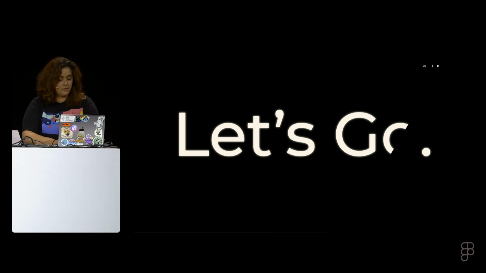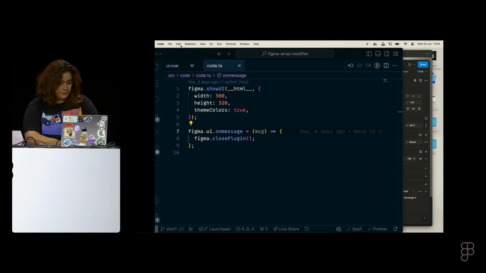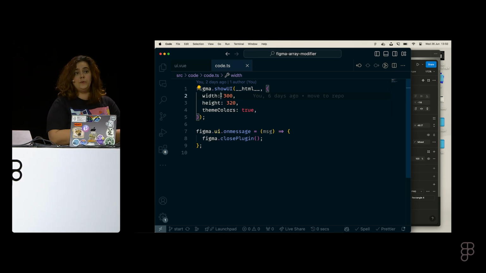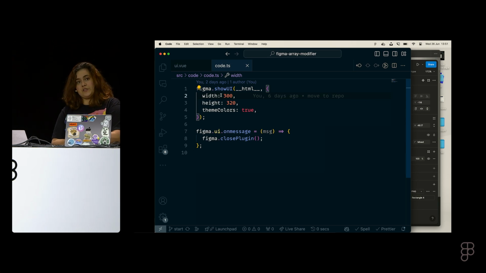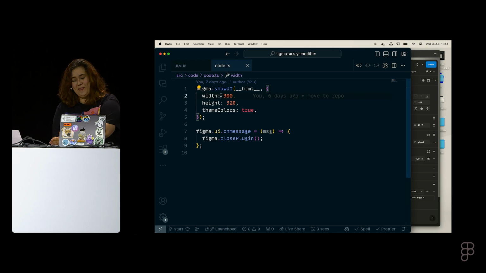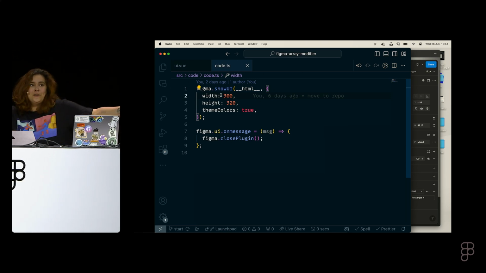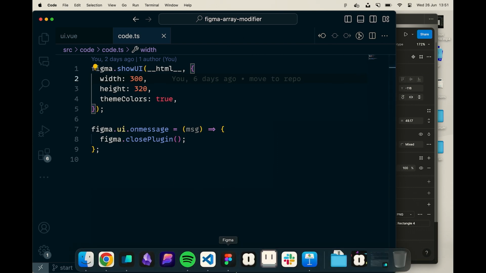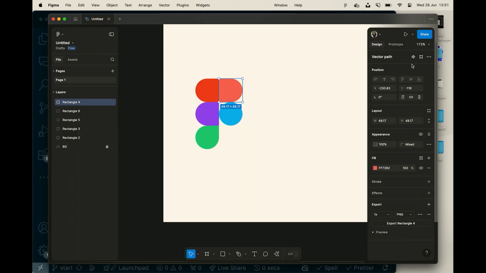Okay, so let's go, let's do this. There is a thing here that goes against me, that's cool. Okay, so, one thing that you should know is you need the desktop app of Figma to be able to do plugins. Another thing you should know is that my Figma updated to the new UI version this morning. So, you get to see all of its glory. Isn't this a great day? Okay, so we're gonna be, first of all, I'm gonna teach you how to import a plugin from a manifest into Figma. So if I come over here, new UI. I didn't do any of it, I don't work at Figma, but it looks good.